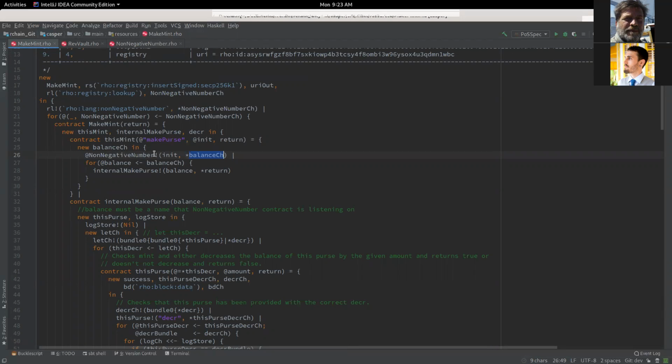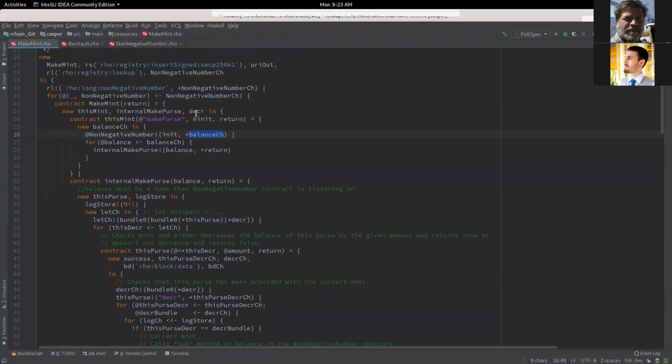And what I remember my understanding to be is that a mint is these two contracts, but the most important part is this name, Decker. And basically what Decker does is it gives you the authority to take some tokens out of a particular purse.